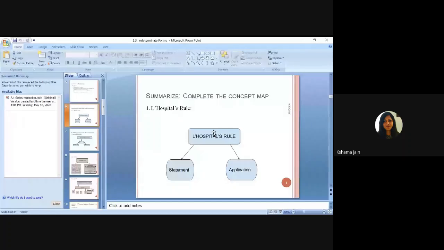Indeterminate form. Very easy. Now the question comes, what is indeterminate form? Suppose a function is there and you are applying limits on that, then instead of a finite value, you get an infinite value, meaning a non-existing value. That time that is called indeterminate form. That is the wholesale summary of an indeterminate form.